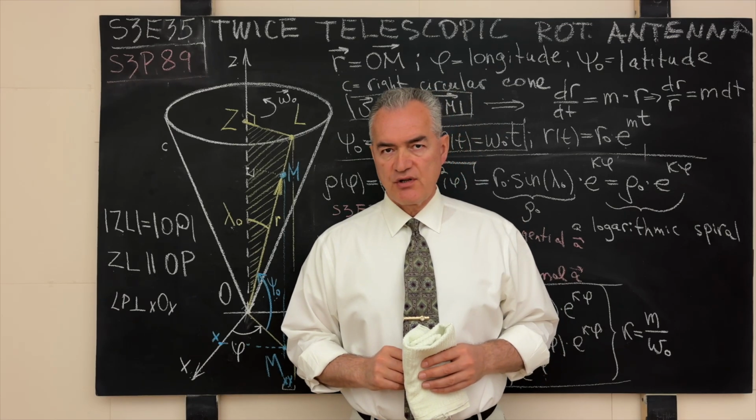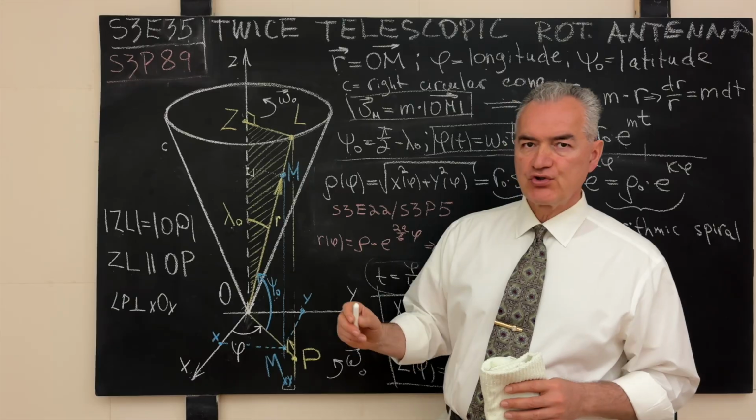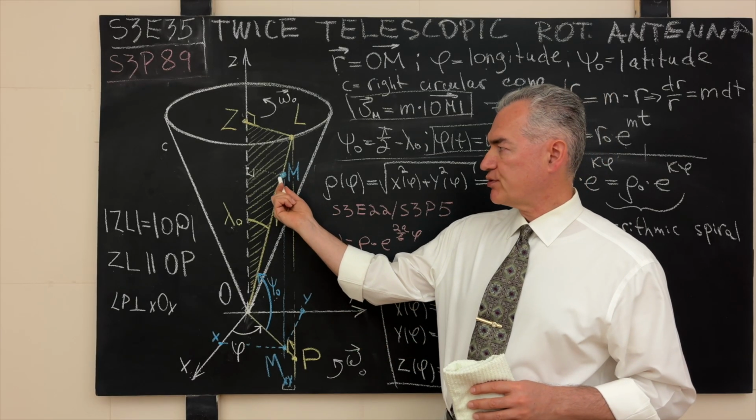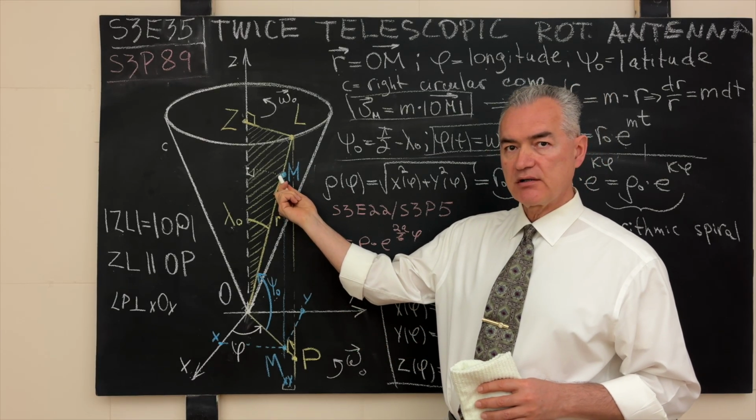Officially, the trajectory that the point M traces over the surface of a right circular cone is called a conical